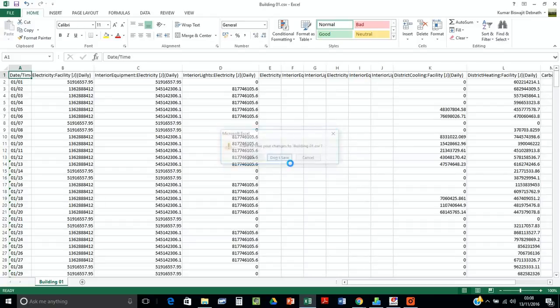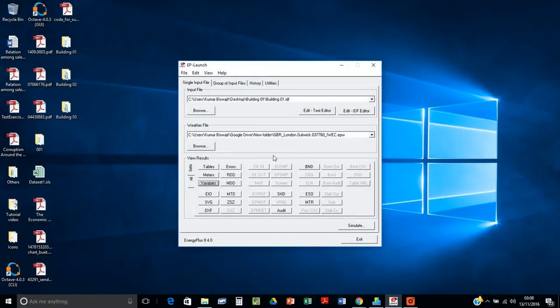Now we want more variables in there. For example, we want to see how the electricity changes and how it reacts with the temperature change outside, or with the temperature change, how the heating system is reacting, or at different times of the year, how the total system of cooling and heating is working. So for that, if we go to the RDD,